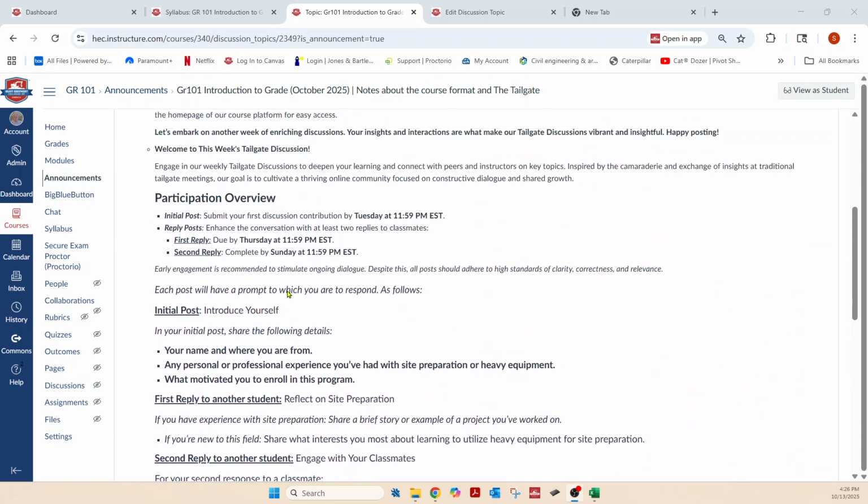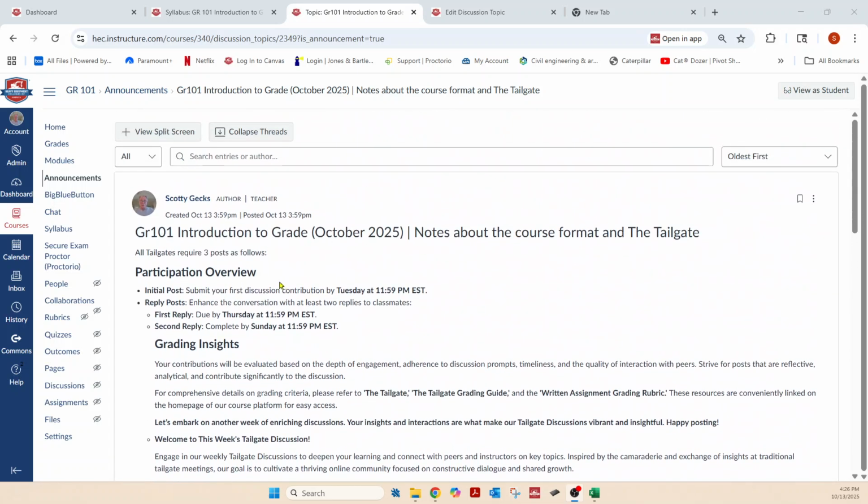Up in here, I was going through a tailgate, which I really want to go through again. These are the suspense dates. This is when you have to have your initial post, reply post, first reply to another student, and second reply completed and submitted no later than 11:59 on Sunday, Central Standard Time.